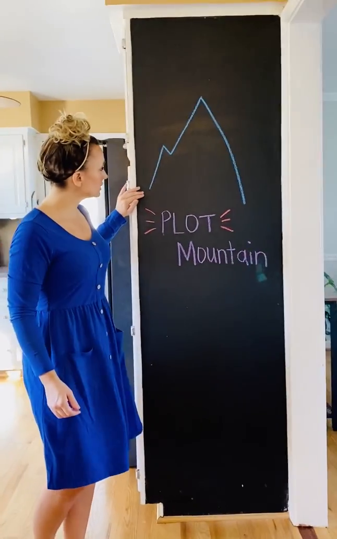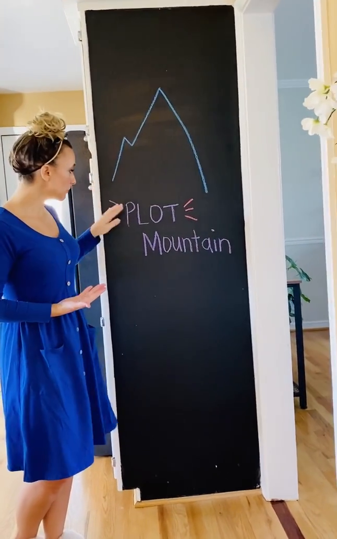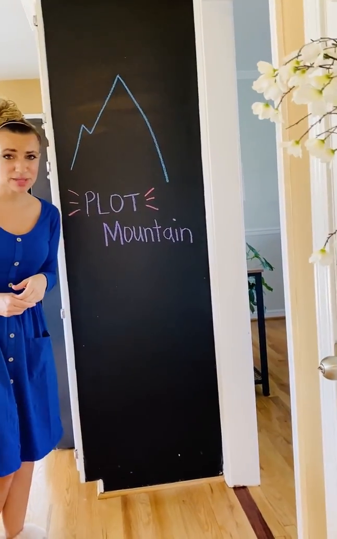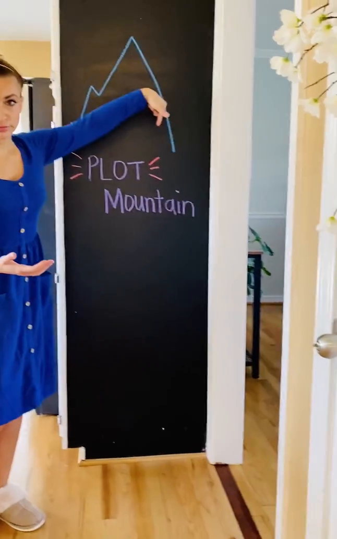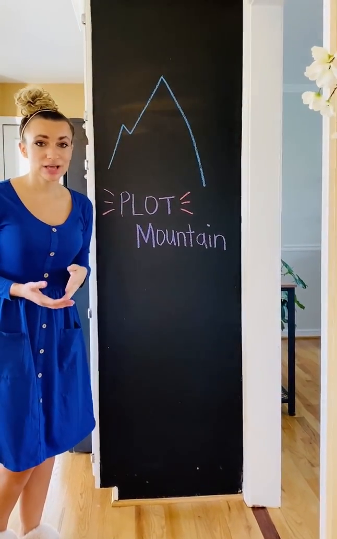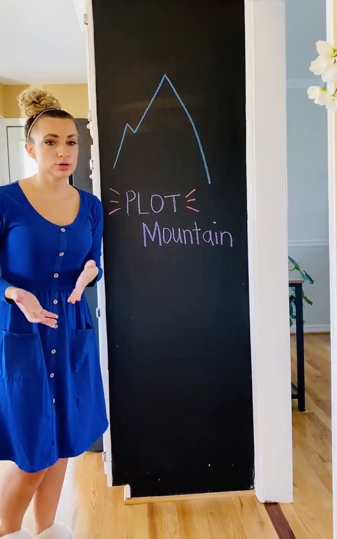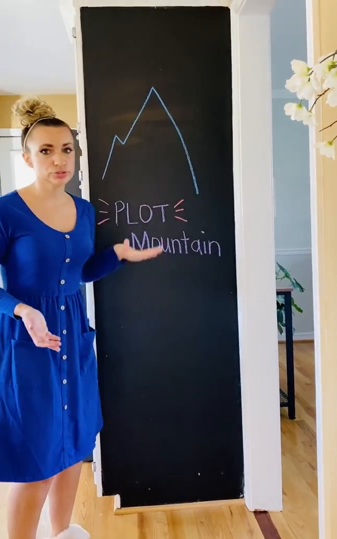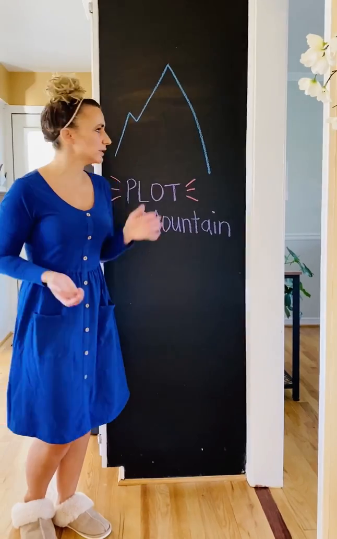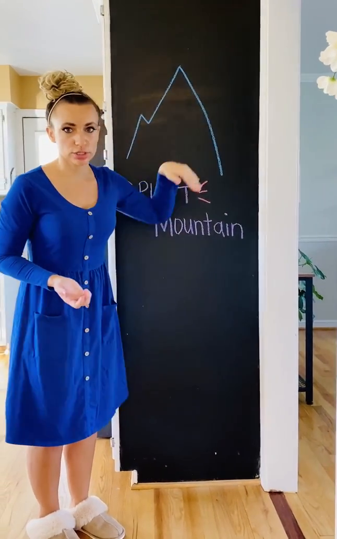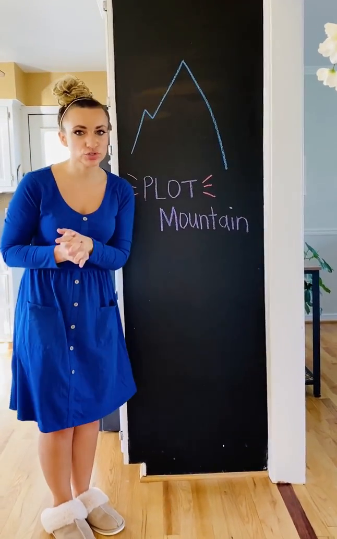We're going to go over Plot Mountain today and see if you can help me label the parts of Plot Mountain. Now here is our mountain. It's called Plot Mountain not because there's actually a mountain whose name is Plot, but because it looks like a mountain. This is the story structure that fictional stories follow. This is not applicable to nonfiction. If you're learning about informational things, there's not this structure, but this follows fictional stories.